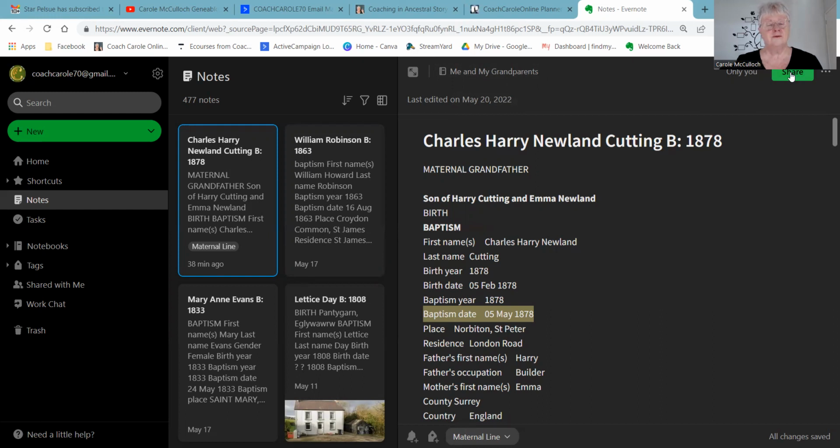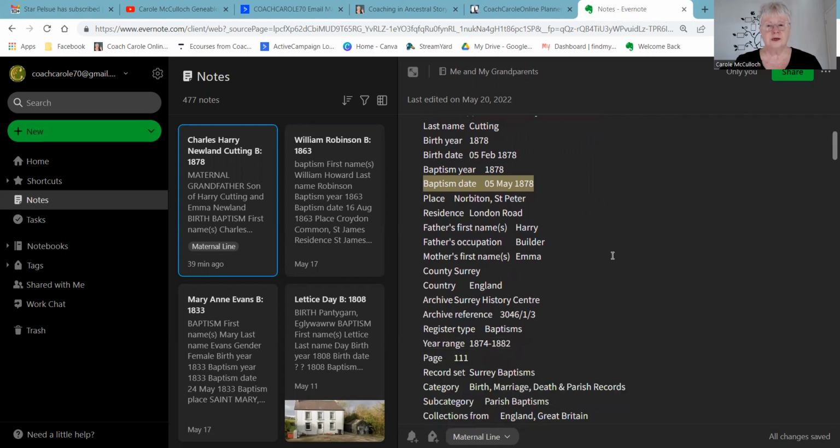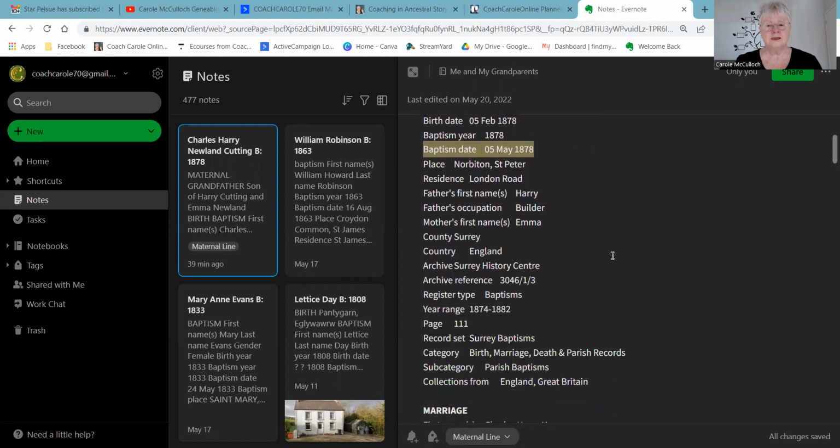Now, I use Find My Past and Ancestry.com to do much of my research and build my family tree. And often I will use notes here to record the transcripts of that research. And on this page, you're seeing one of those. It's the transcript of the baptism of my grandparent, who is the son of Harry Cutting and Emma Newland,